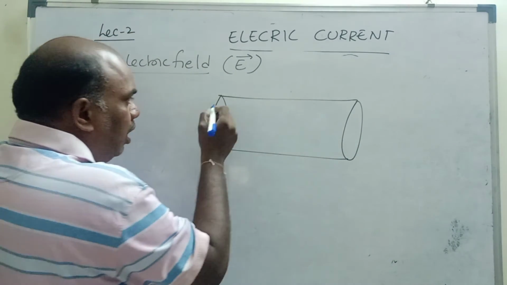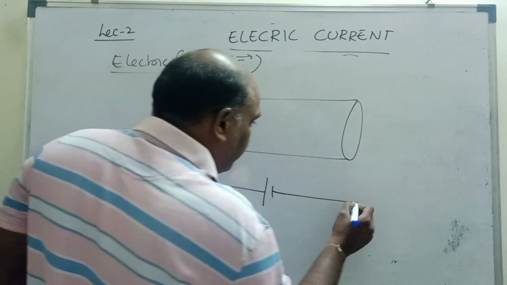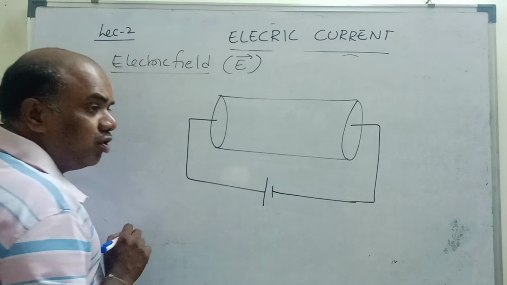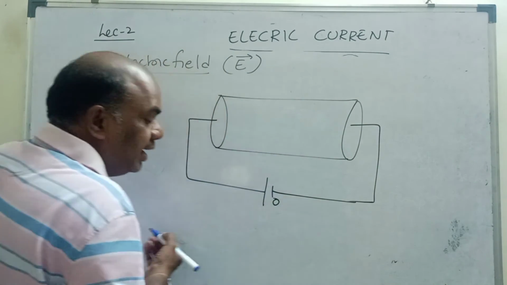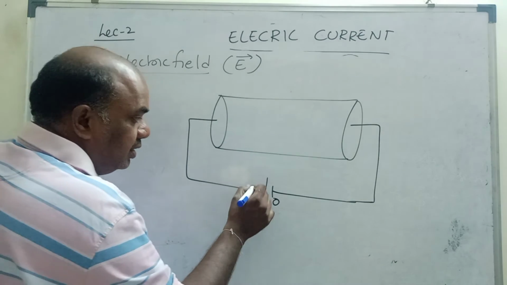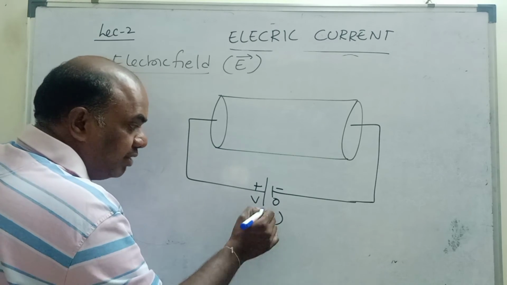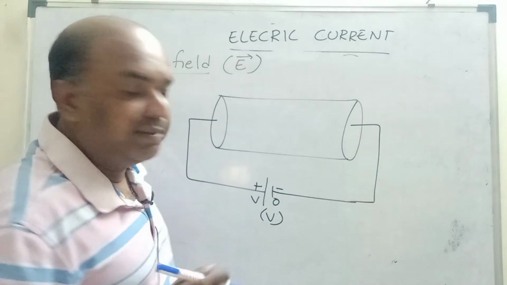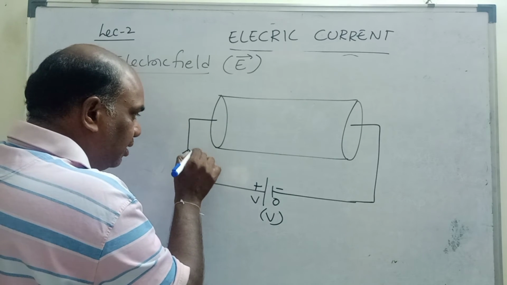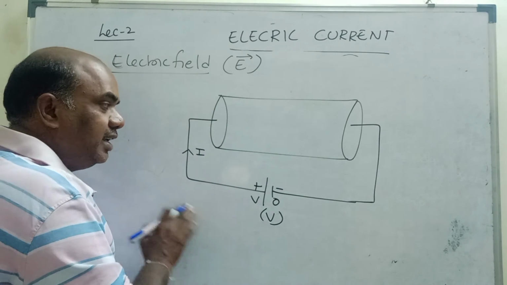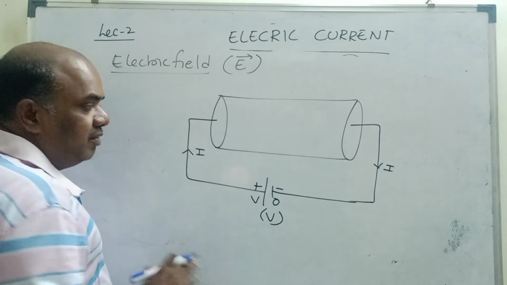Now, let us consider these two terminals I connected to a battery. What is the function of a battery? Battery provides potential difference. Here the small line indicates 0, the big line indicates V. This is the positive symbol, this is the negative symbol. Now the difference is V minus 0, the potential difference applied is V. V is called potential difference. Whenever potential difference is present, this is the direction of current. Current always flows from higher potential to lower potential, battery positive to negative. Why like that we will see.